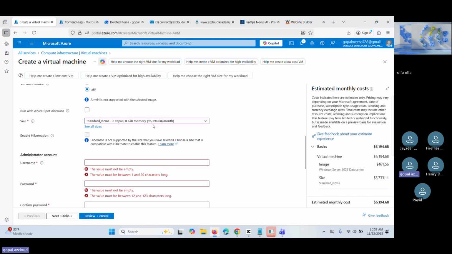So now you can see the INR 6,194.60, but here it's showing in dollars. Both are different entities. I don't know how it's going to work at the moment, but it's good. You can see Azure has not done any good testing. Why don't we choose